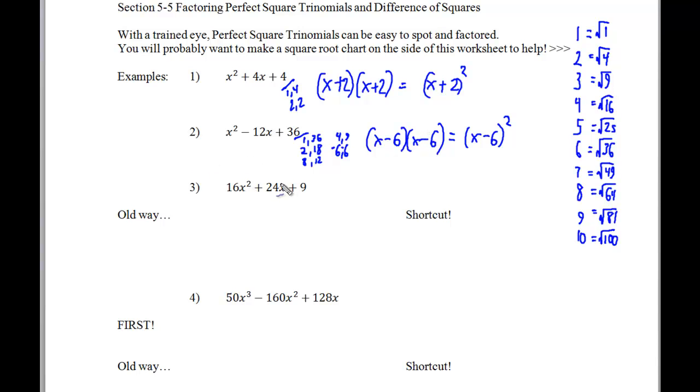Will this work out here? Well, it absolutely will work out here, because the first thing we're going to do, and if you haven't seen the pattern yet, the old way is that you would take your 16 and multiply it by 9. And that would make 144. Now the question becomes is what is going to give me that middle term of 24? Now again, using the old way, listing all your factors of 144 is going to be very time consuming. And our purpose in this problem is to get to a place where we are making our work easier for ourselves and not harder. But just to show you the old way and how things are going to be,